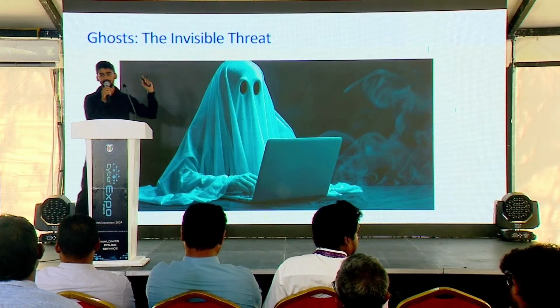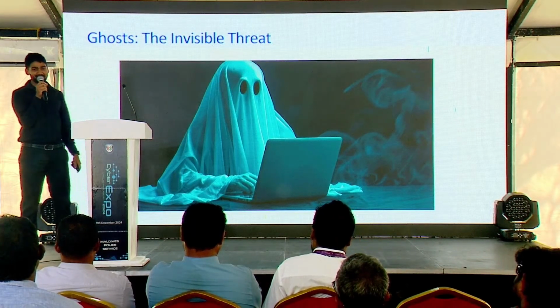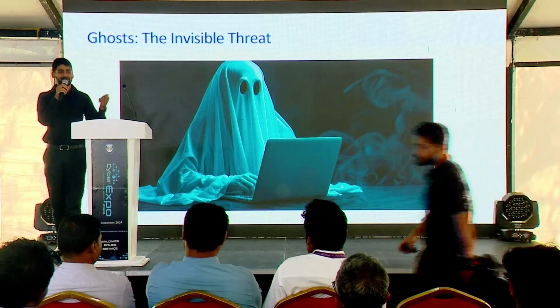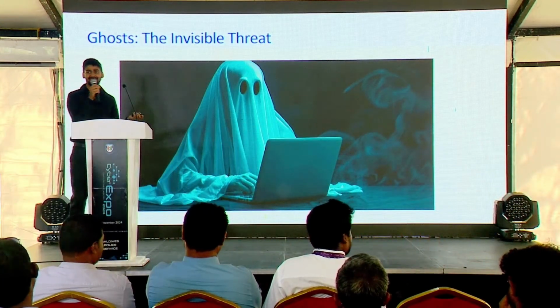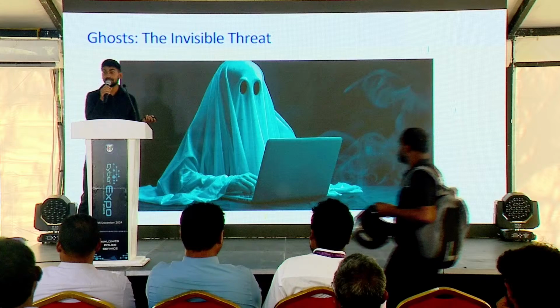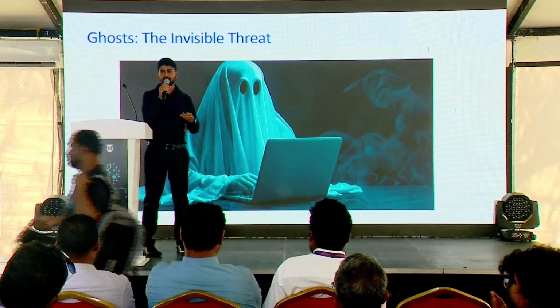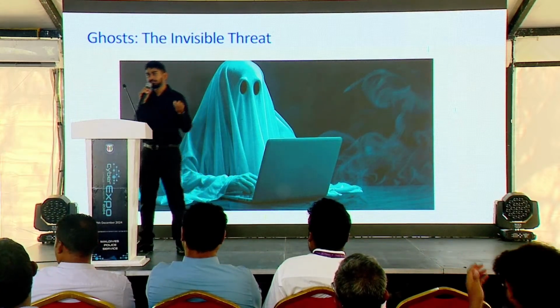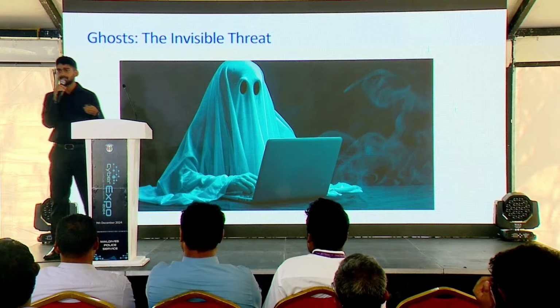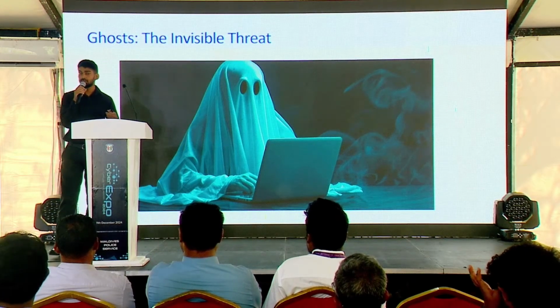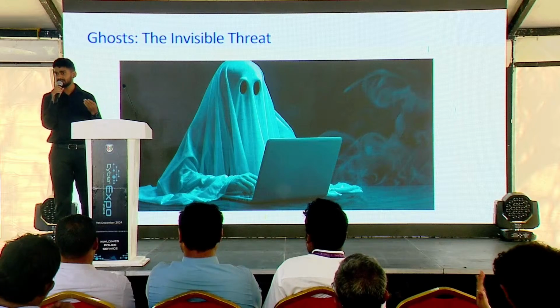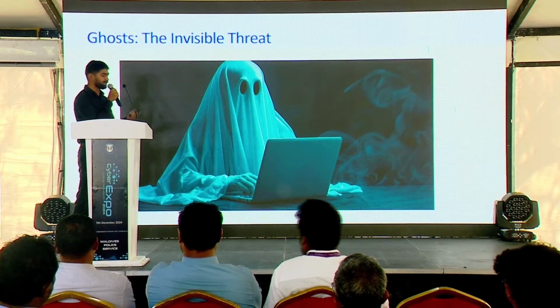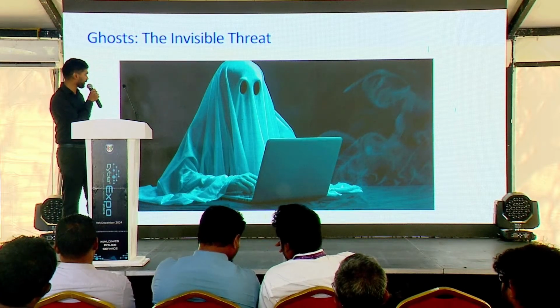So this is what I'm talking about, ghosts in the network. You don't know, you can't see them. You don't even know. It might be a nation state. It might be a very organized crime group who is more interested in the data, to abuse the data or to do some kind of organized crime as well. So it can be an APT, an advanced persistent threat.